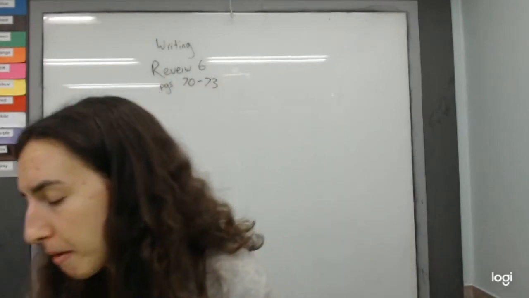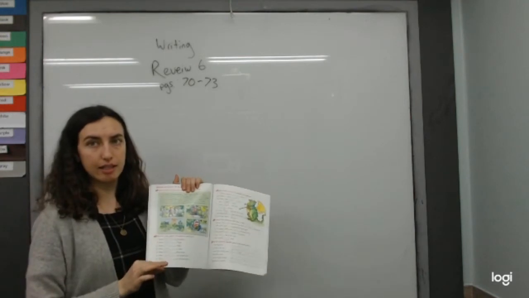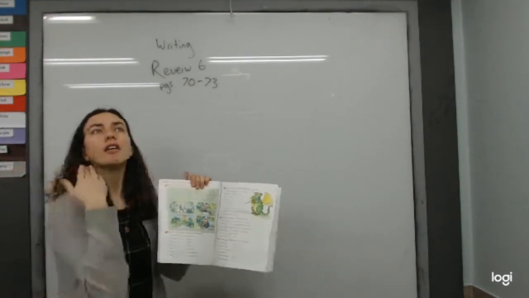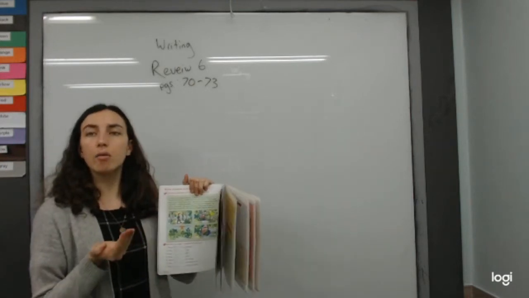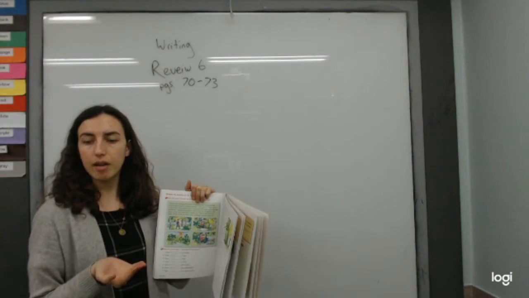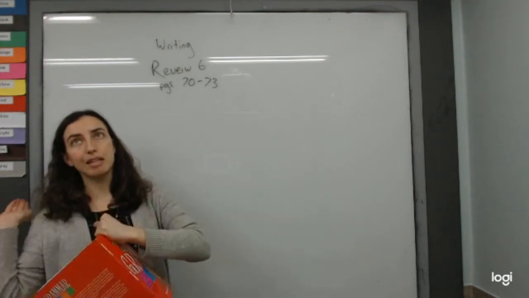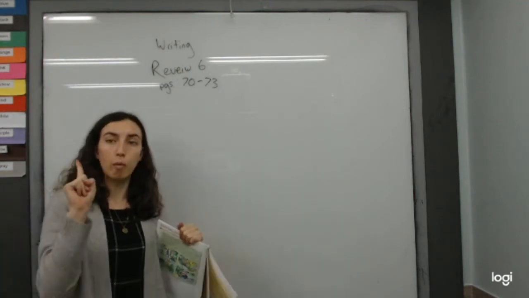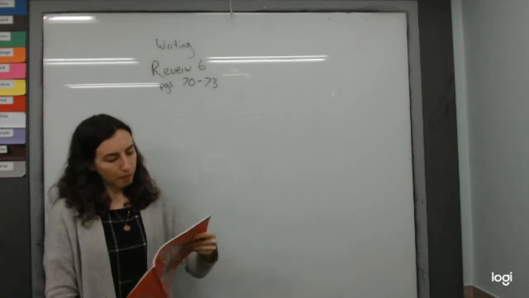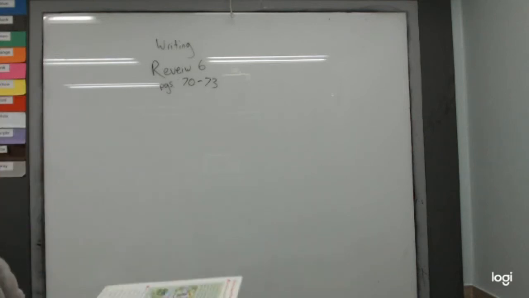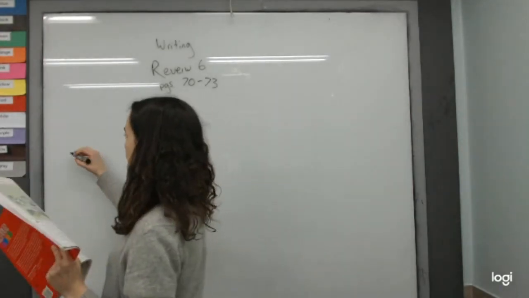Okay, so for the next part, we're going to read the story again, and then we are going to finish the sentences about what there was and there wasn't in the story. So if you remember, there was means in the past something existed, and there wasn't, in the past something did not exist. We say was for one thing and were for many things, okay? So let's start. So the first one, we can look in the story and we can see there were mountains.